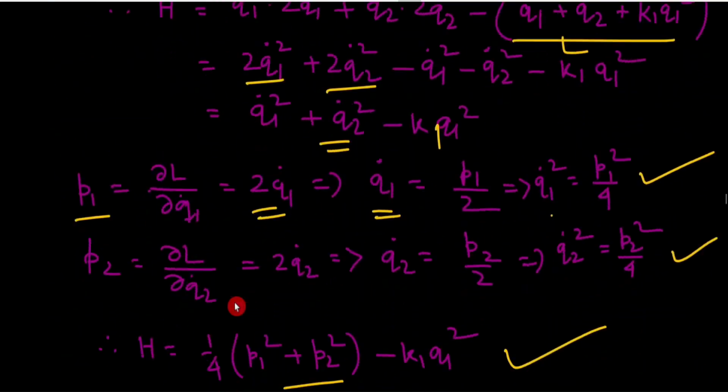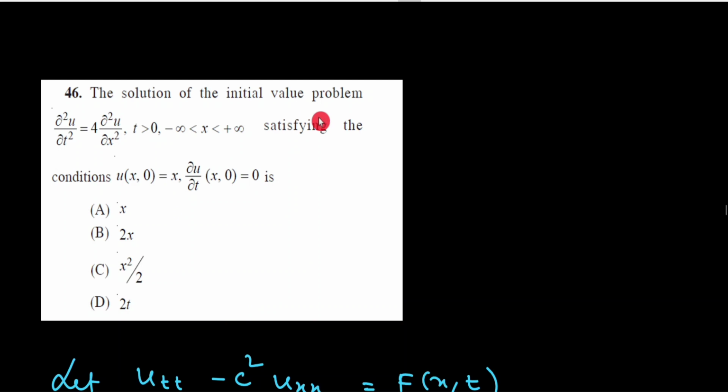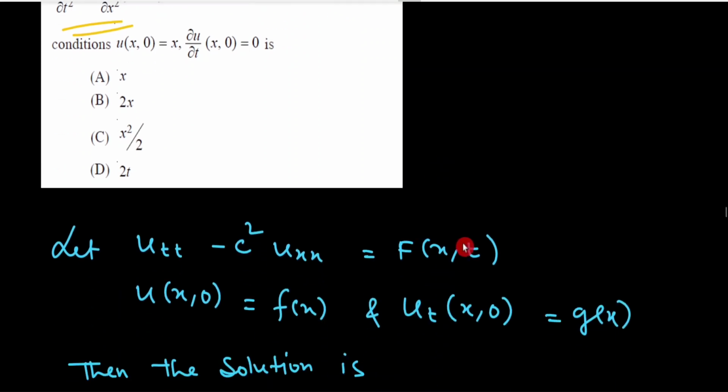Now going to question number 46, the solution of the initial value problem. This is from partial differential equations, and this is clearly a wave equation. Now the general solution for a non-homogeneous wave equation u_tt minus c square u_xx equal to f(x,t). This is the non-homogeneous wave equation. The general solution of the non-homogeneous wave equation, where u(x,0) equals f(x) and u_t(x,0) equals g(x),